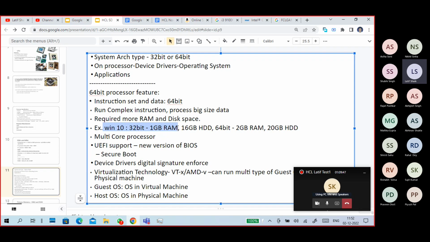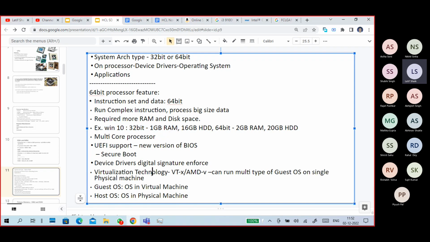Not only that, nowadays 64-bit also comes with support for UEFI BIOS version. In olden days we were having BIOS, nowadays we are having UEFI. So device driver digital signature enforcement is compulsory. You have to use genuine, digitally signed drivers only. And most of the 64-bit processors, very recent ones from the last 3-4-5 years, come with